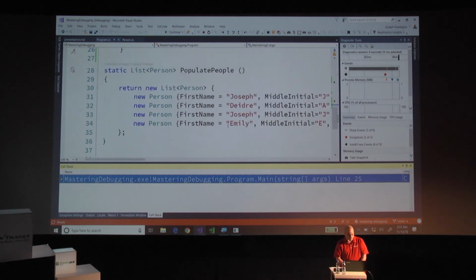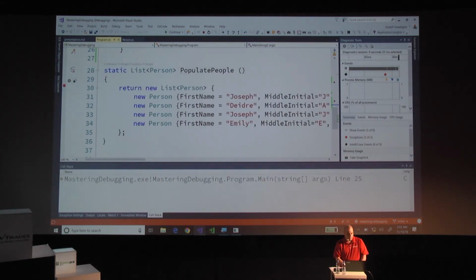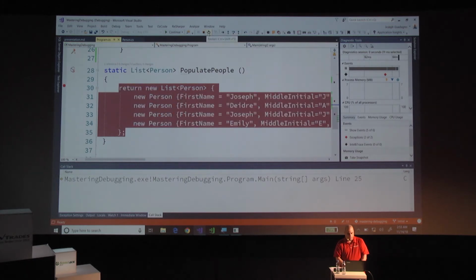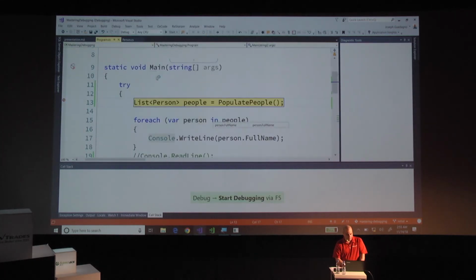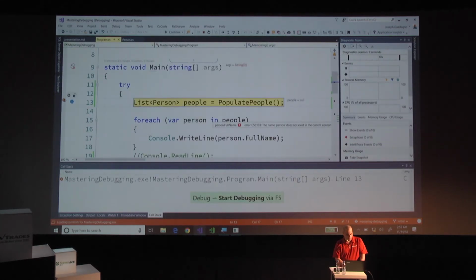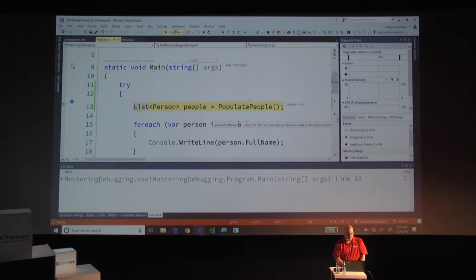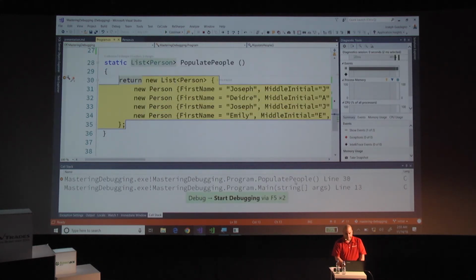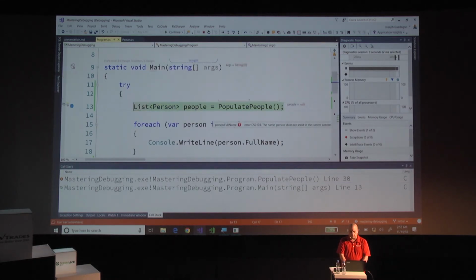But if, let's say, I put another breakpoint in here, and I reran the code, and we'll see the breakpoint hit here, which I should just remove because we don't need that anymore. When you see this, now you see the call stack is different. It tells us that we're in line 30 of the PopulatePeople method that was called from the Main method on line 13. And you can go and click on any one of these, and as you click on it,